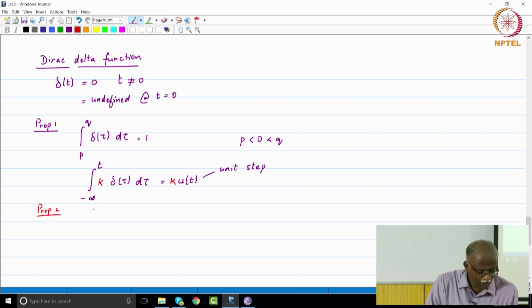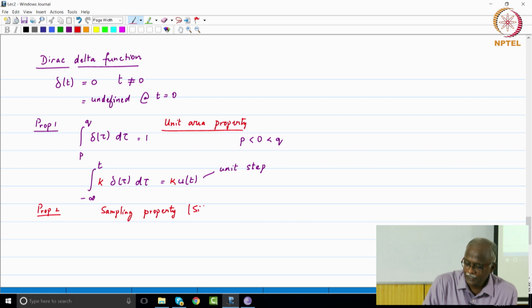Property 2 is the unit area property. The second one is the one that we are actually using, that is the sampling property. Sampling property is sometimes also referred to as the sifting property, but for us, since we are actually talking about sampling, sampling is the term that we will use. Okay. So, x of t